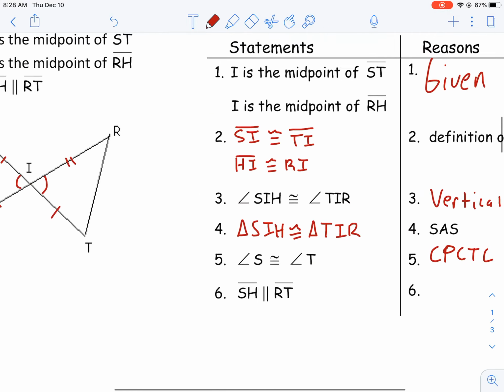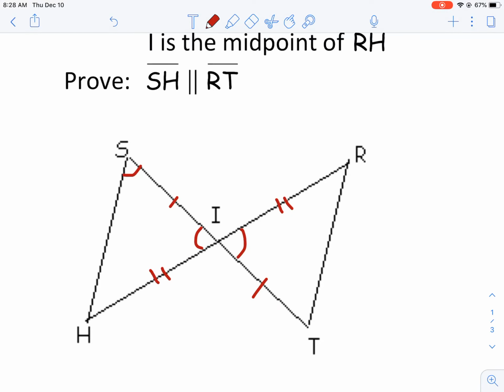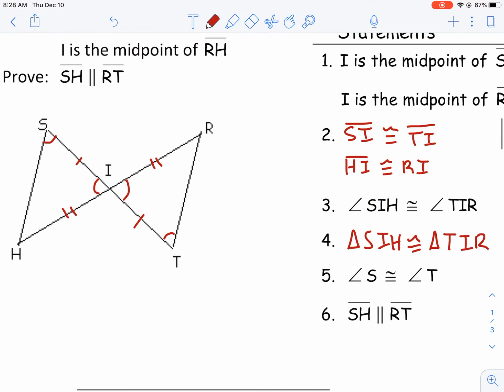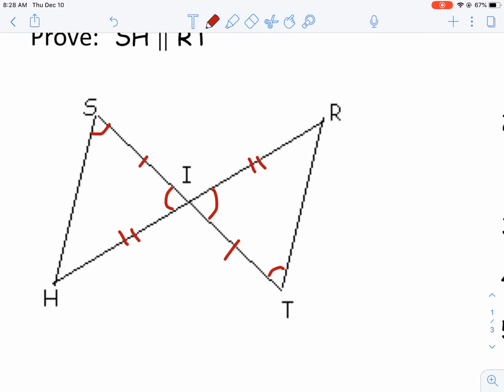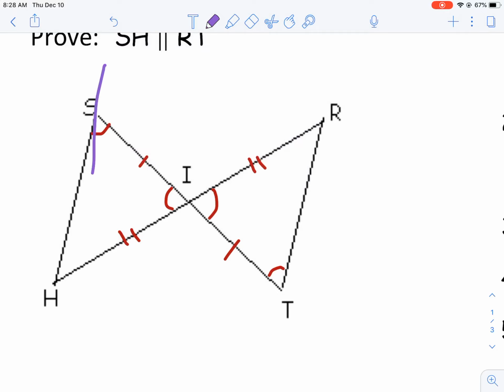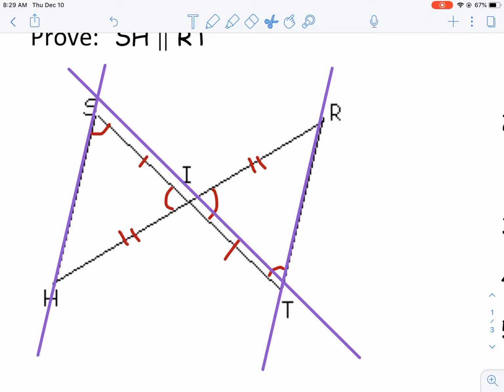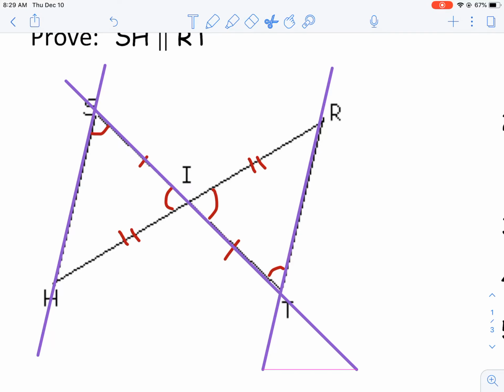Now, because we've said angle S is congruent to angle T, now how can we say the lines are parallel? Well, all right, let's look here for a second. All right, I'm going to get a different color. Look at the two lines. That was a horrible line, by the way. All right, remember, parallel lines are always going to be meaning that we're talking about the same thing. We're talking about